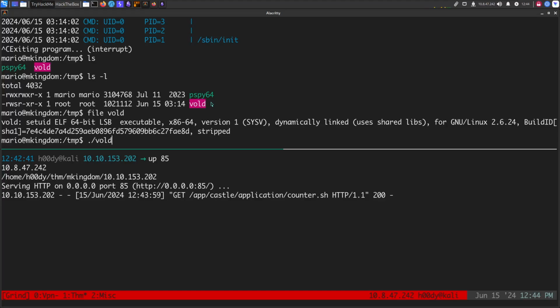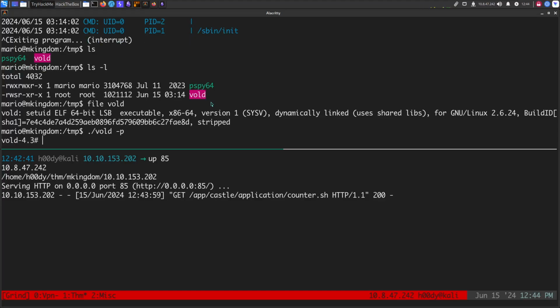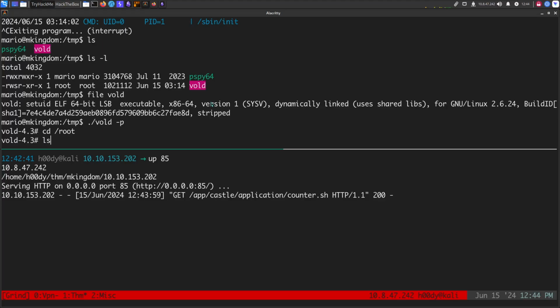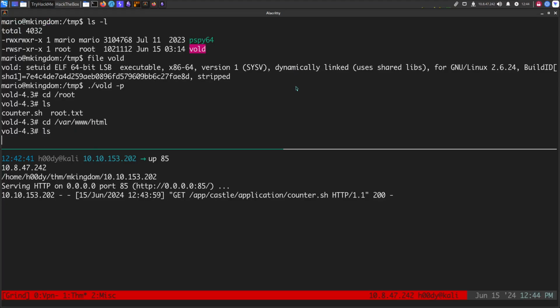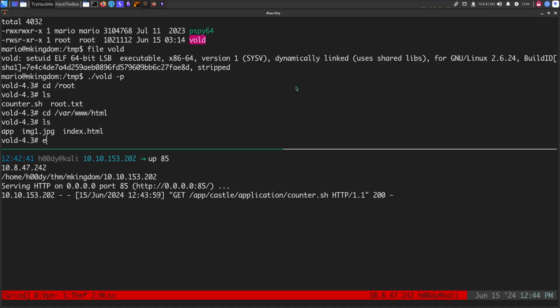We can see it's a Linux bash ELF executable. And if I just try to run this foothold with -p for privilege mode, now we are root on the box, and we can get our reverse shell, root.txt, everything. So there we go, and we can do some fun stuff too, like classic, like echo video there,